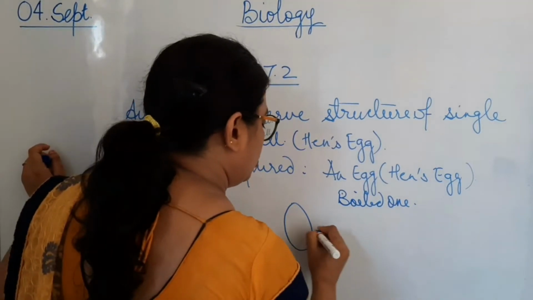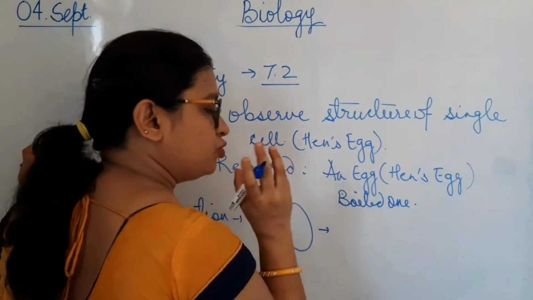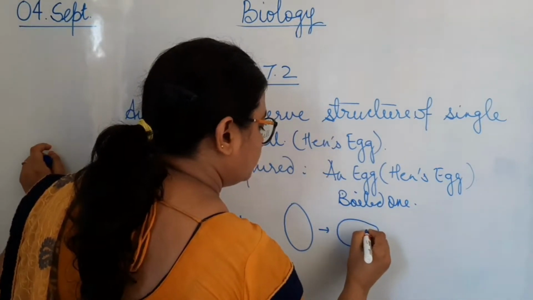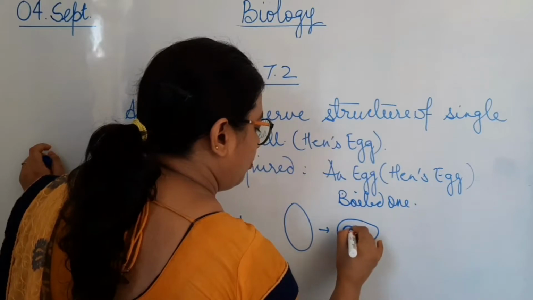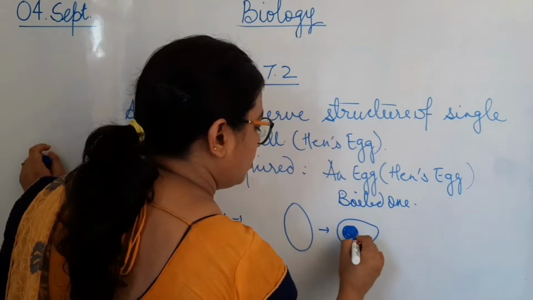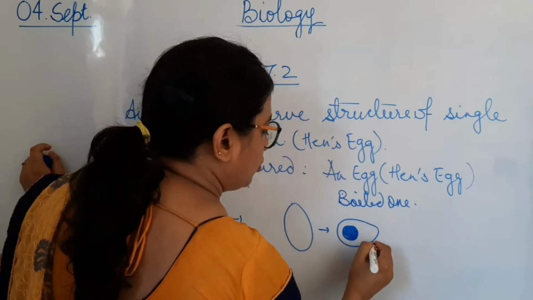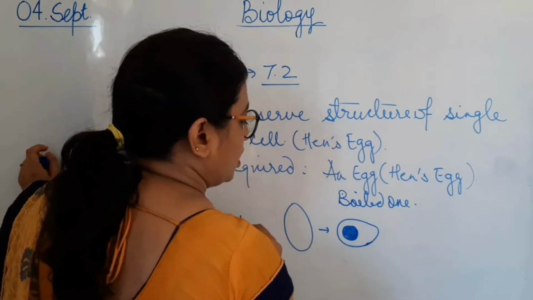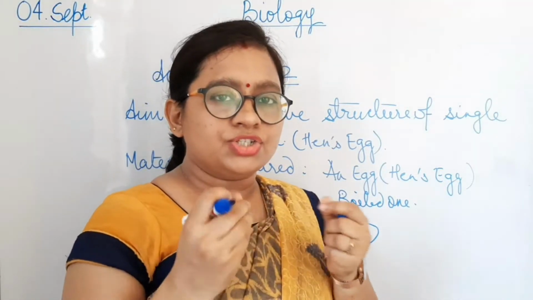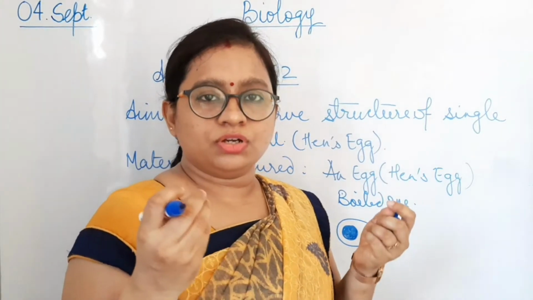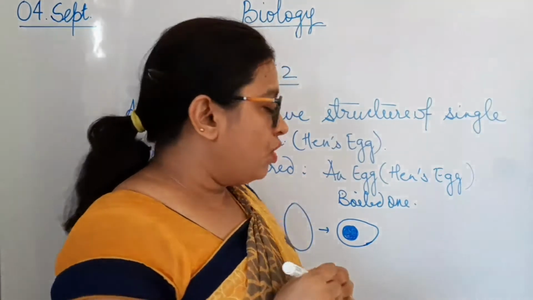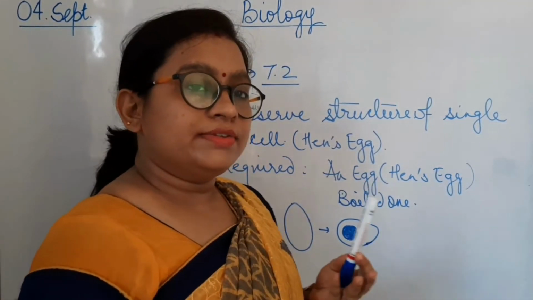So what happens when you boil it and when you cut it, it becomes quite hard. When you cut it, you see this kind of structure in it. There is a yellow part inside it, which is circular in shape, and there is a complete white part of the egg like this. Even if you take an egg which is not boiled and just break it, you will find a jelly kind of substance which is quite translucent, and the yellow yolk. So that is the structure of the cell.